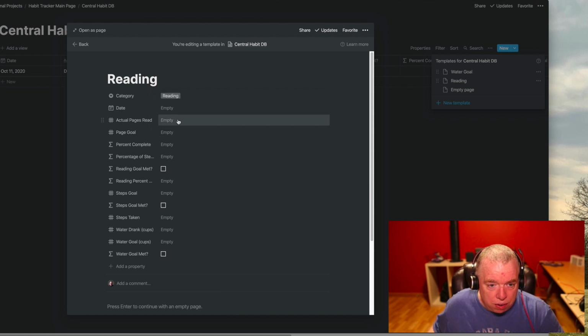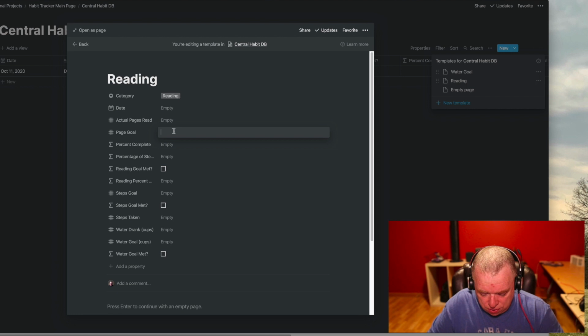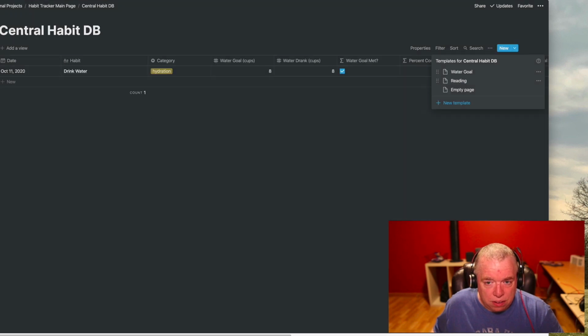And we'll skip all this, and we'll say, let's say our page goal every day is to read 50 pages of something every day. And I'm not going to fill the rest of these out, and just close out. And as you can see, now I have a reading goal. So if I click on that,